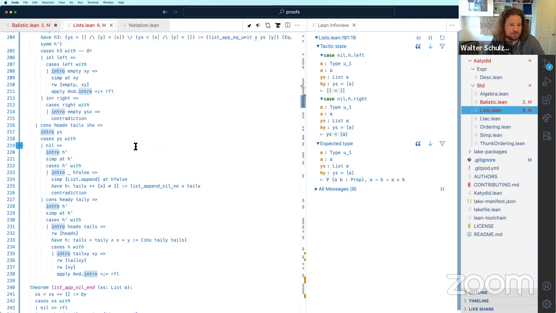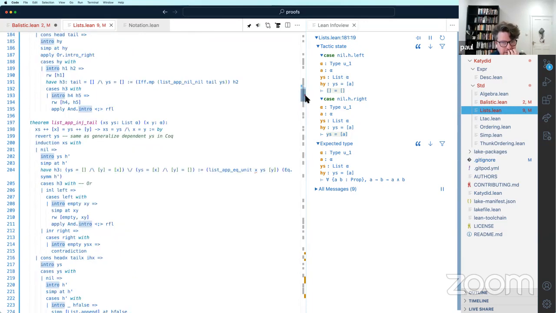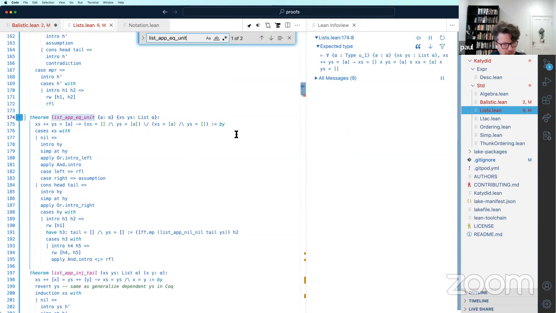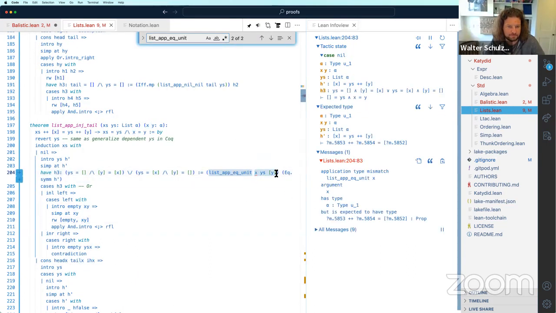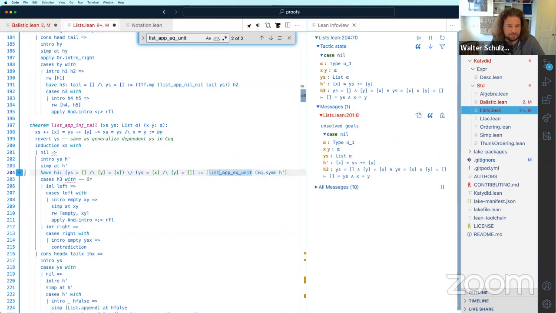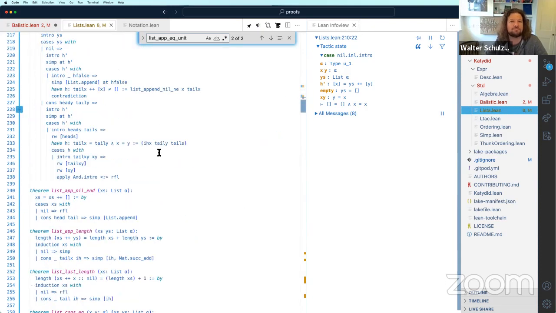Come on, I saw a red squiggle. There it is. But where is it? I can't see it. Ah, it's on line 204. Nice.